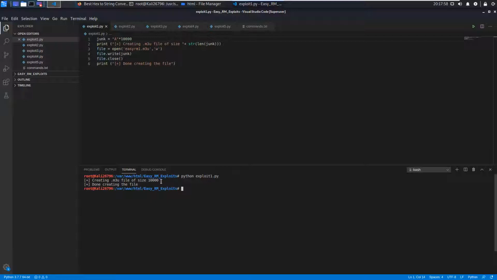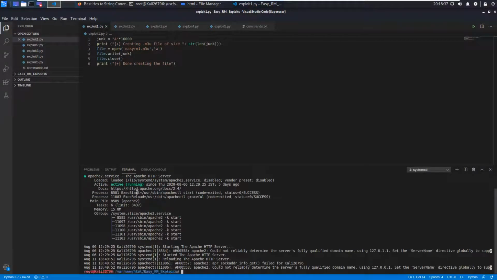It has created a file of size 10,000 bytes, and this folder has already been placed in the Apache directory of Kali Linux. If you are creating these exploit codes in any other directory, let's say documents or downloads, then you have to ensure that this Python file, or the folder consisting of the exploit code, is placed in the Apache directory, which is /var/www/html. And I have enabled the Apache service in Kali Linux.